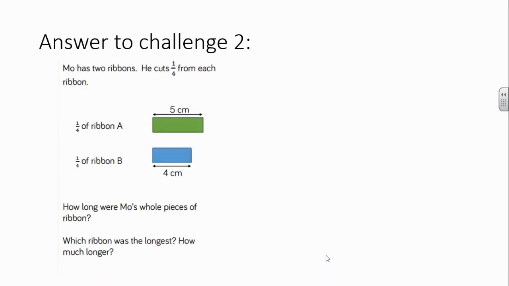Answer to challenge 2. Mo has 2 ribbons. He cuts 1/4 from each ribbon. So 1/4 of ribbon A is 5 centimeters and 1/4 of ribbon B is 4 centimeters. So how long were Mo's whole pieces of ribbon? So looking at ribbon A,